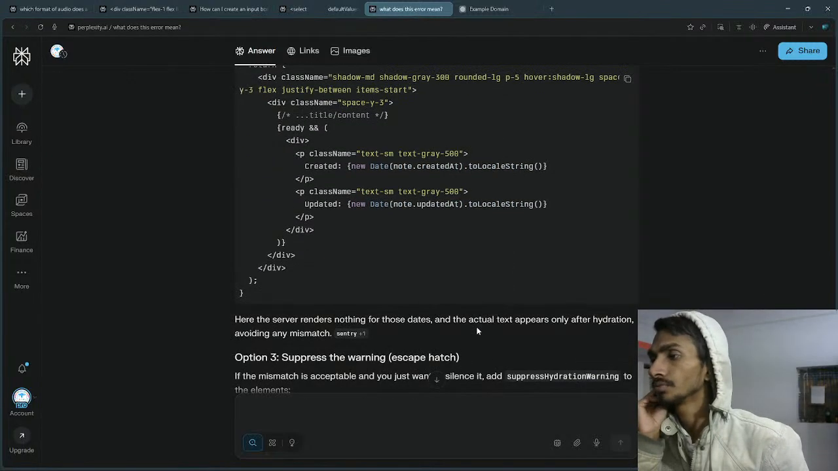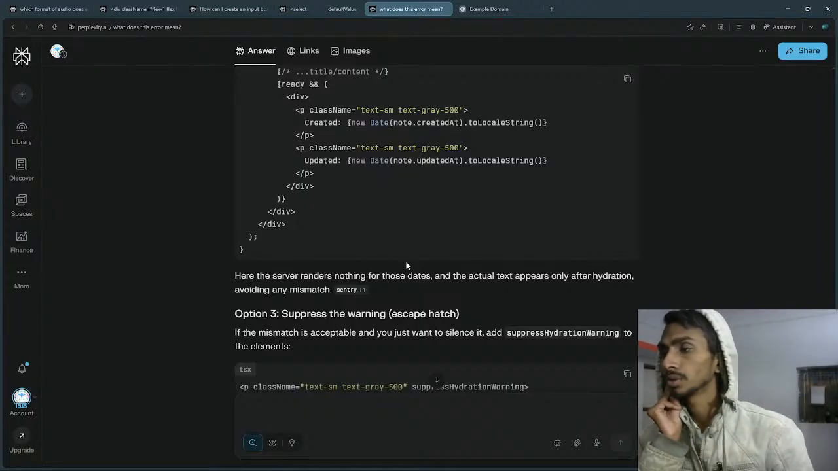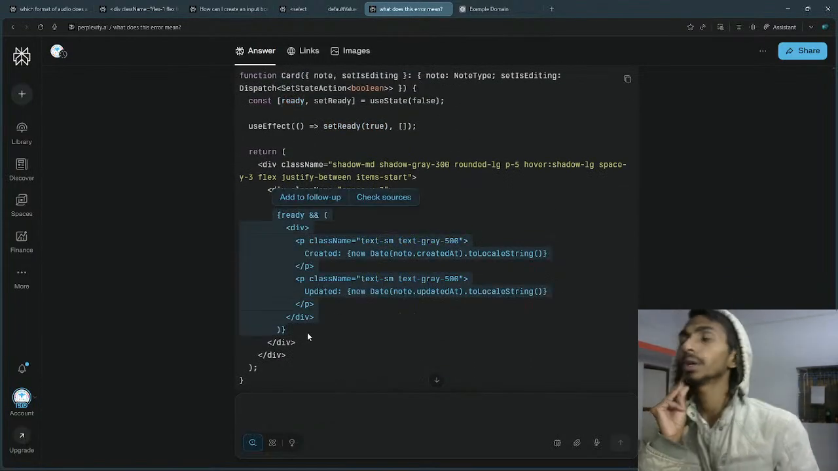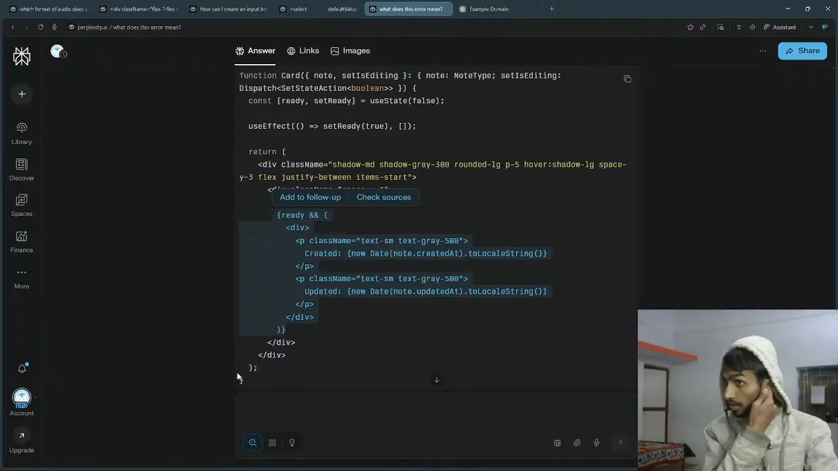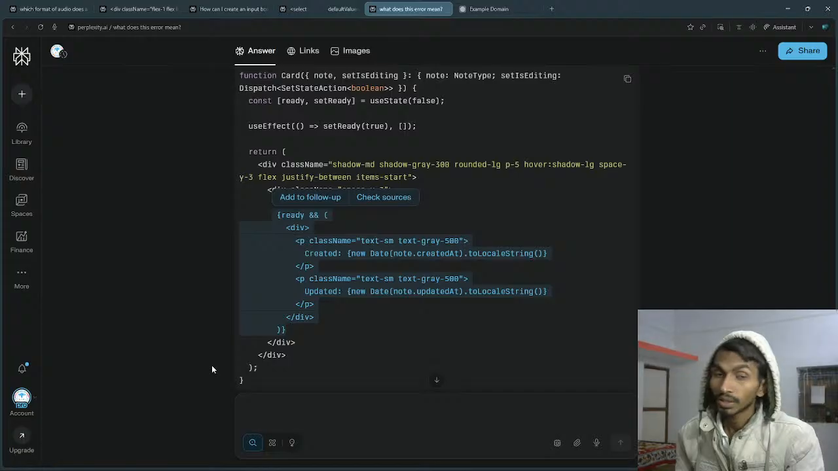Locale string, nothing for those. The short text appears only for hydration. Set ready true, and I'm checking the ready, and only if it is ready then okay. This thing is also great. The thing is that once we actually render the things on the page on the client side,